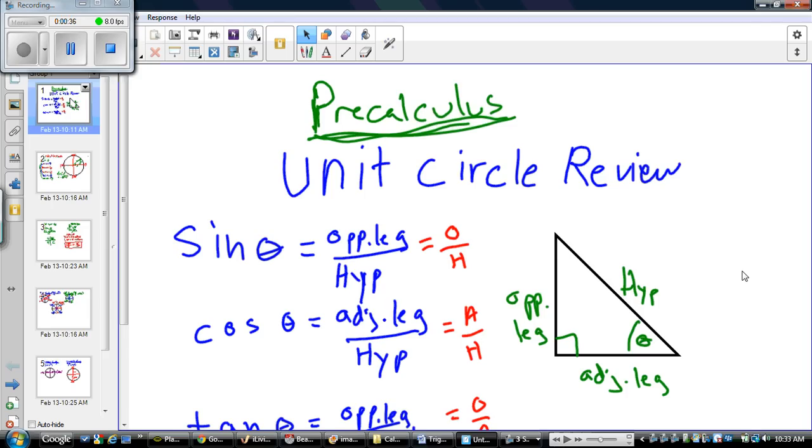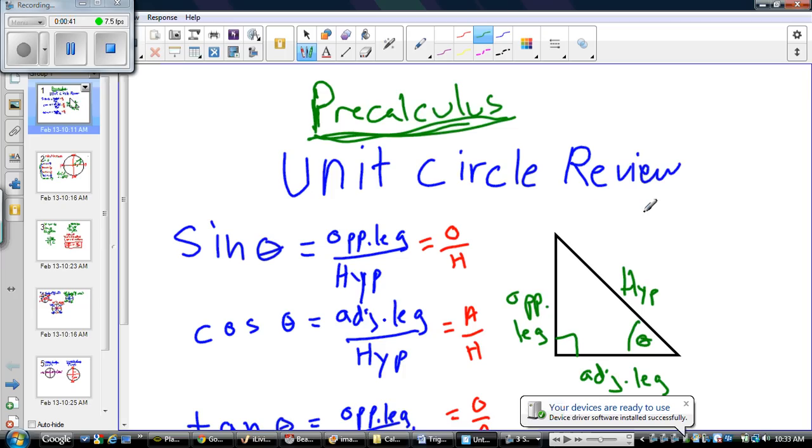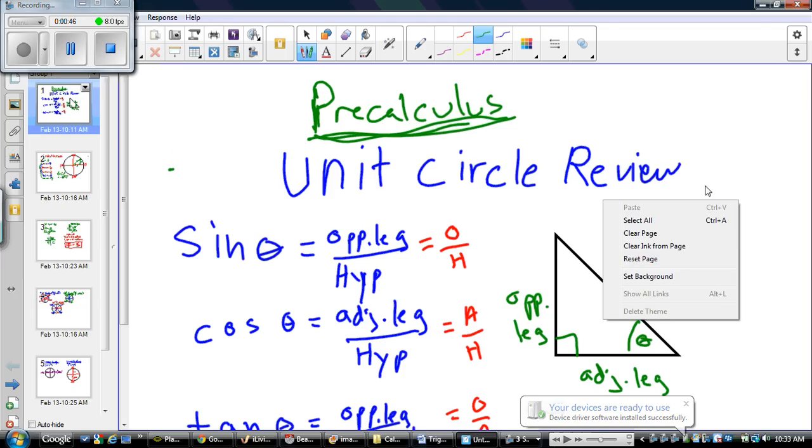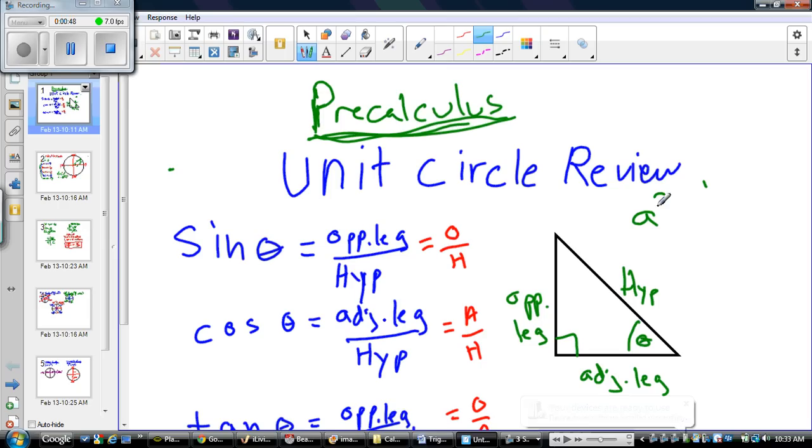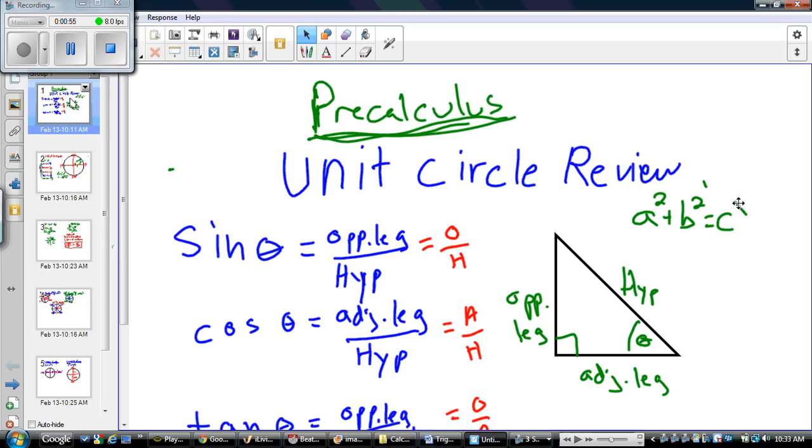And just in case we don't remember, in any right triangle we have the Pythagorean theorem: a squared plus b squared equals c squared, where a and b are the legs and c is the hypotenuse. Okay, so sine is opposite over hypotenuse, cosine is adjacent over hypotenuse, and tangent is, finish this,